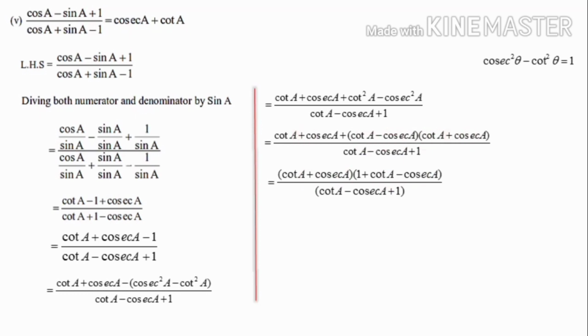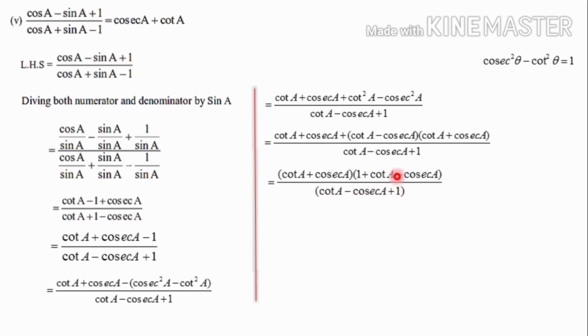Once again, from the numerator we have taken cot a plus cosec a common outside. Then the entire denominator, these two terms considered as a single term, that is cot a plus cosec a, I have taken as common. Then instead of this, 1 will come, plus in these two terms cot a plus cosec a is outside, the balance is cot a minus cosec a. So 1 plus cot a minus cosec a is separated. Denominator is cot a minus cosec a plus 1. So when you look at the numerator this term and the denominator this term, both are the same, cot a minus cosec a plus 1.